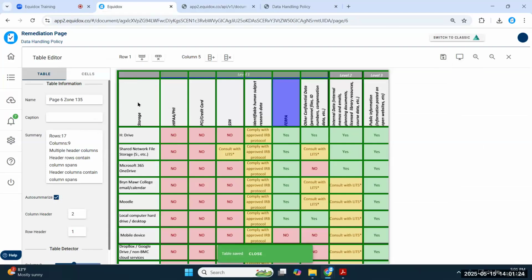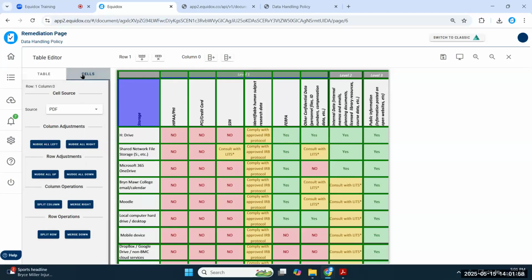Two other quick things. I don't really do this very often because the AI is so good, but if I want to add a row, there's a button up here to add a row, or you can delete a row. You can also hit R and D for adding a row and deleting a row. The keyboard shortcuts are right there. You can add a column, you can delete a column. Adding a column is C, removing a column is M. So pretty basic keyboard shortcuts there to add and subtract columns if you need to. Again, I don't do that very frequently.